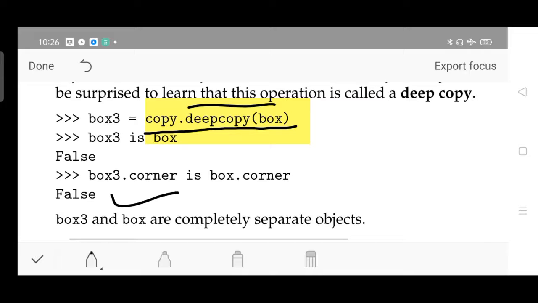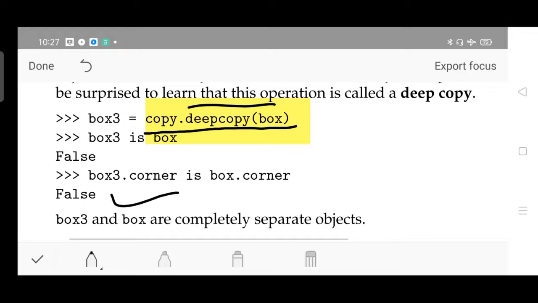So with respect to shallow copy or normal copy operation, box 3 dot corner is the same as box dot corner, which comes as true, but with respect to deep copy, it comes as false. The objects are not the same. If you try to compare box 3 with box, obviously the result will turn out to be false, in shallow copy as well as in deep copy.